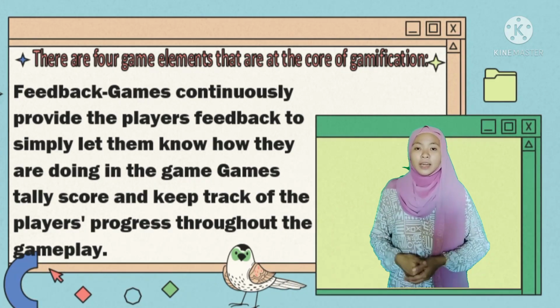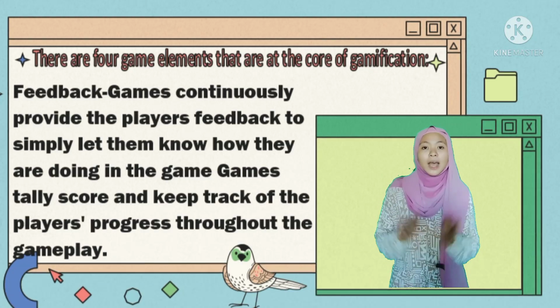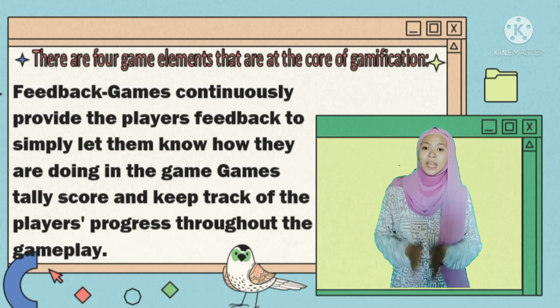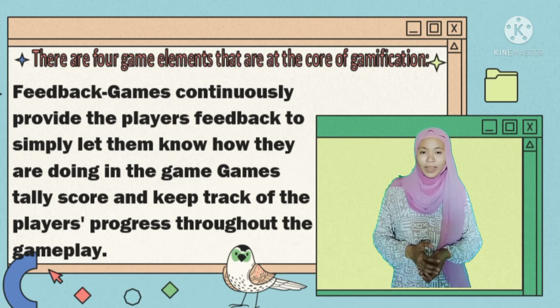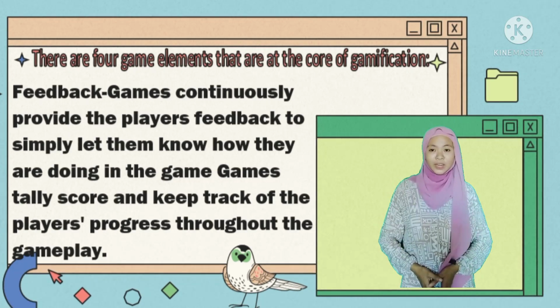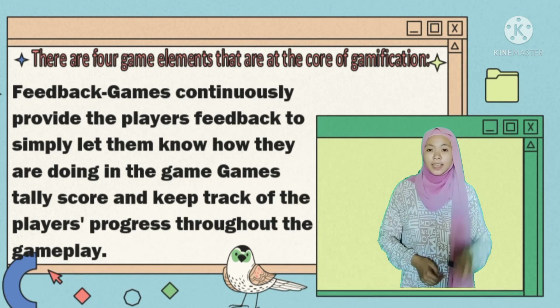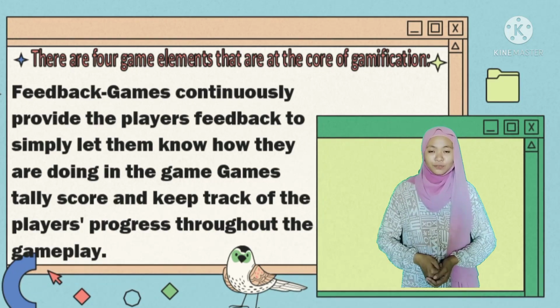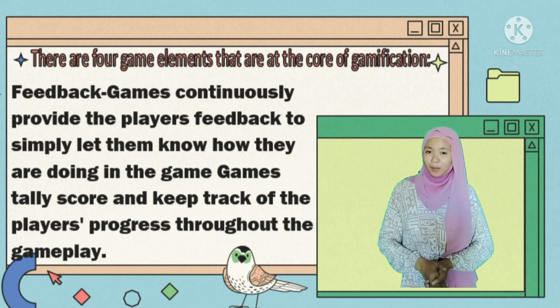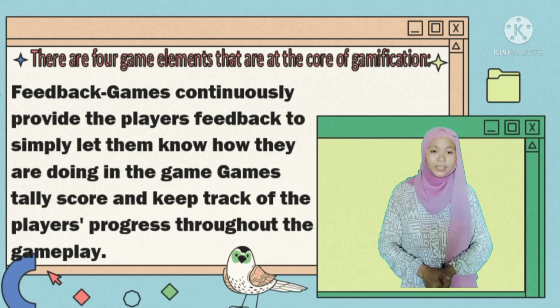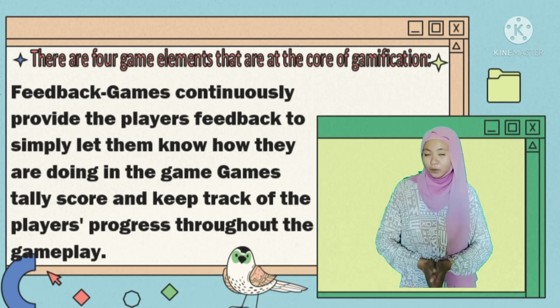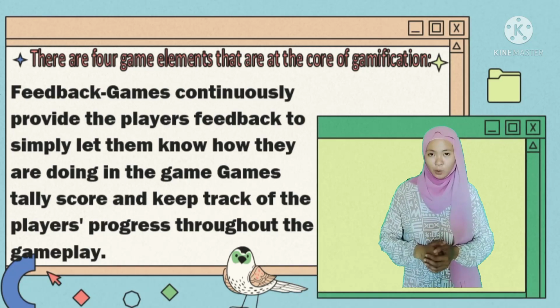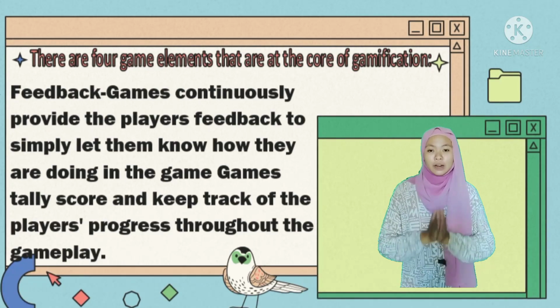The players can simply evaluate their performance by looking at their score and the players' record. As we can observe, there are two ways of recording the performance of the players. We have the individual records for each player and also team records, or group records.